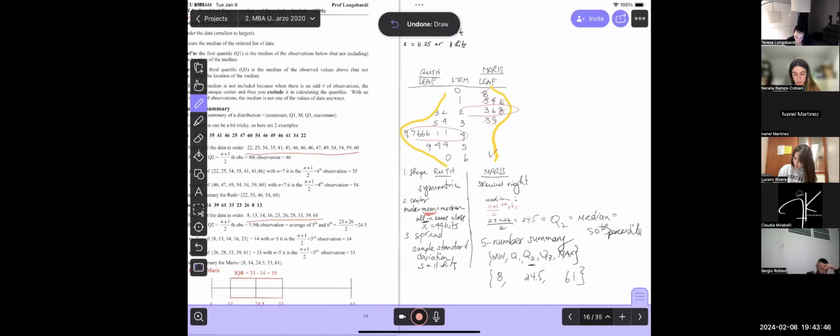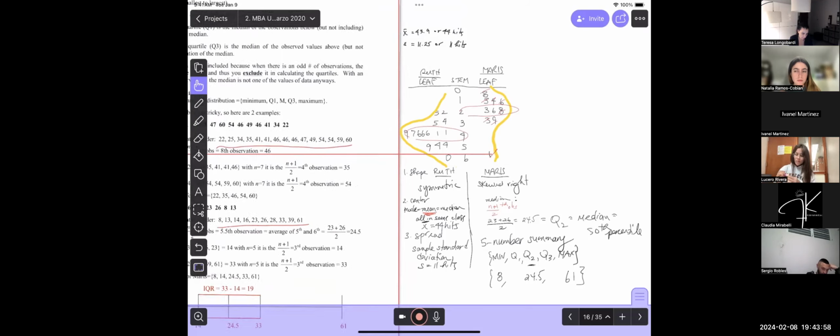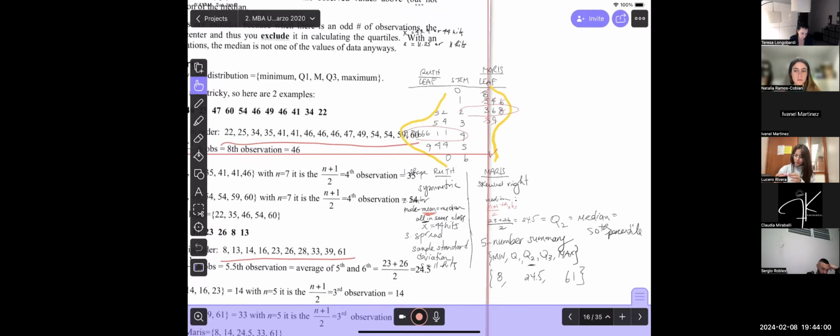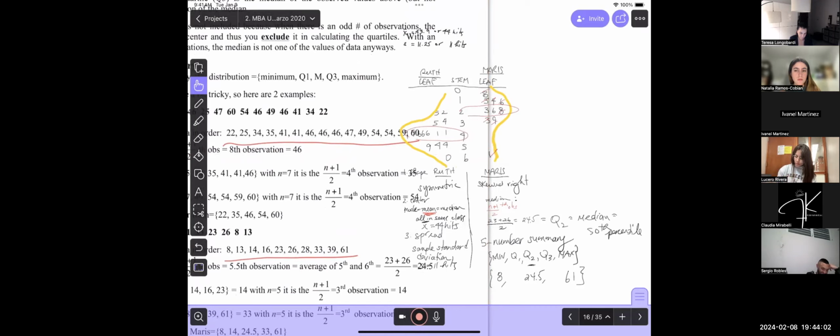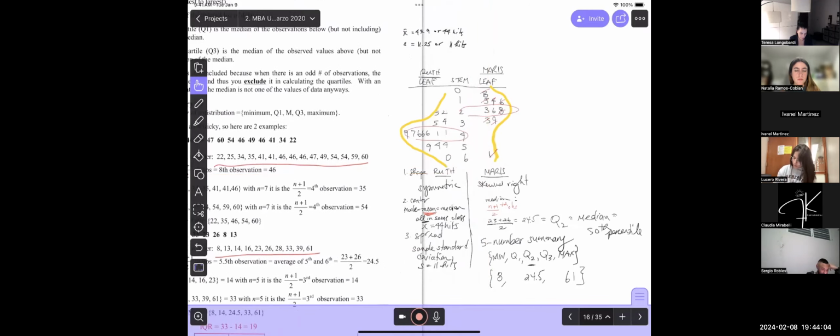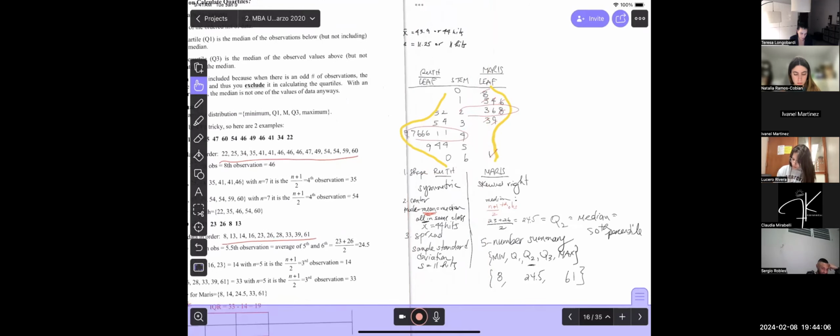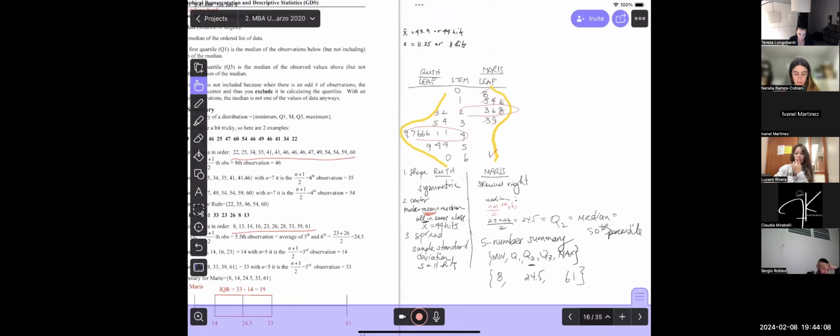So now 24.5, if we go back up here, we can do everything from here. Let's do it from here for Maris. So 24.5 will divide the data into two parts. Let me make this a little bit bigger. No, it's not possible to make it bigger. I'll take the numbers over here.